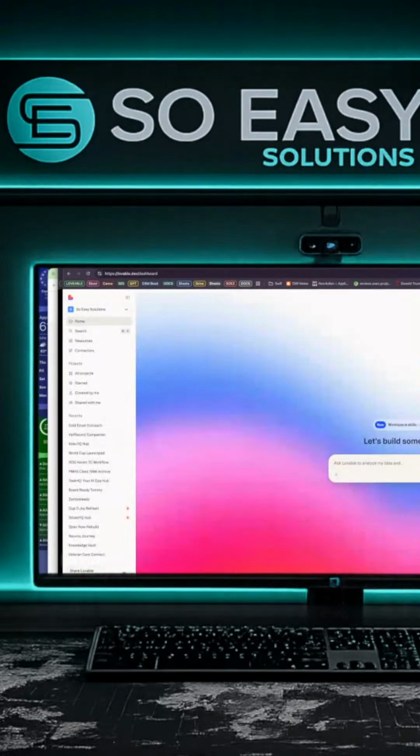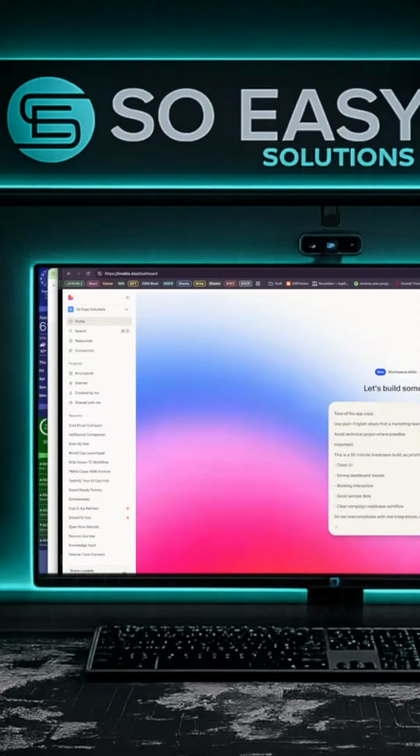I have a paid Lovable account. You can certainly do this on a free account. You get like 50 free credits a month, or 100 free credits or something on that. You can play around with it. I fell in love with this tool. I have spent a lot more than $5 on this, but our agency is actually making money. We are selling these builds, and there is something here, and this is just so simple and so great. So let's paste this in here.